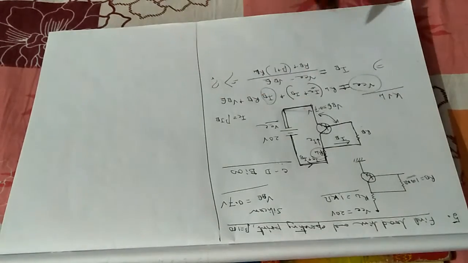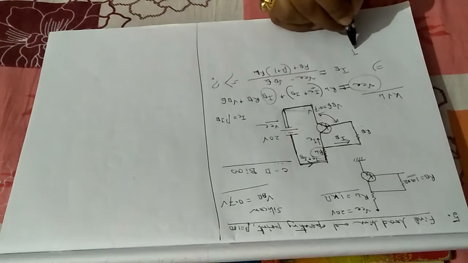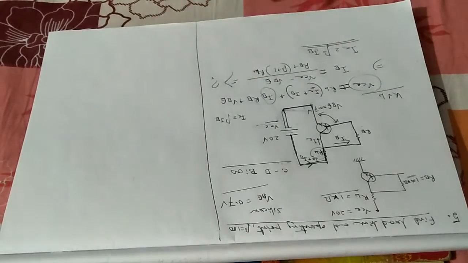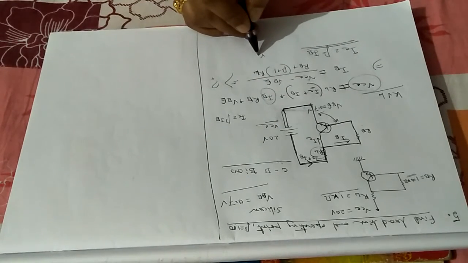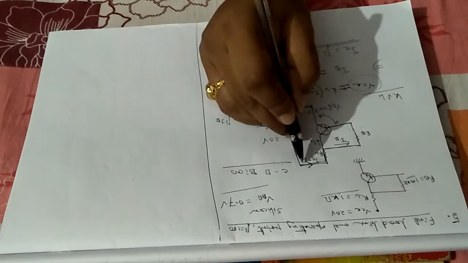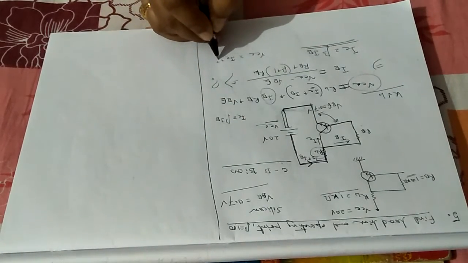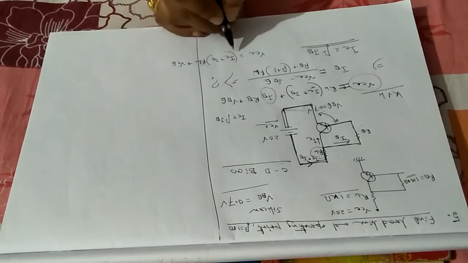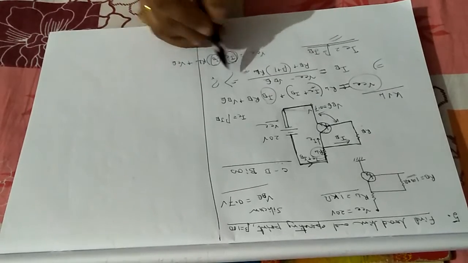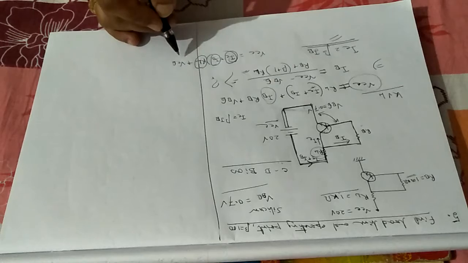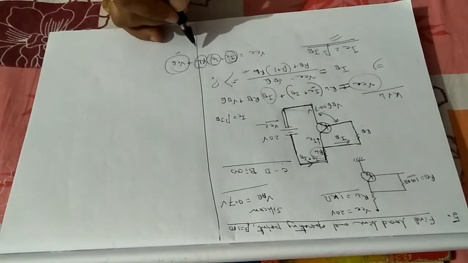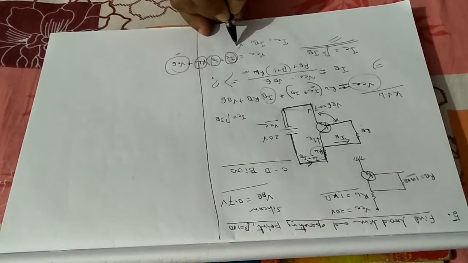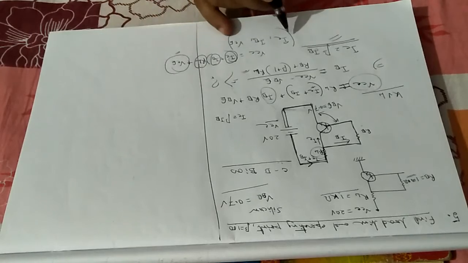Then putting that in the output circuit, you will get the value of VCE. You put IC equals beta IB, so IC is calculated. Then apply Kirchhoff's voltage law in the output circuit. Starting from VCC, you write VCC equals IC plus IB into RL plus VCE. You know IC, you know IB from the KVL in the input circuit, you know RL, and you can easily calculate VCE. So the values of IC, IB and VCE are known as the operating point.